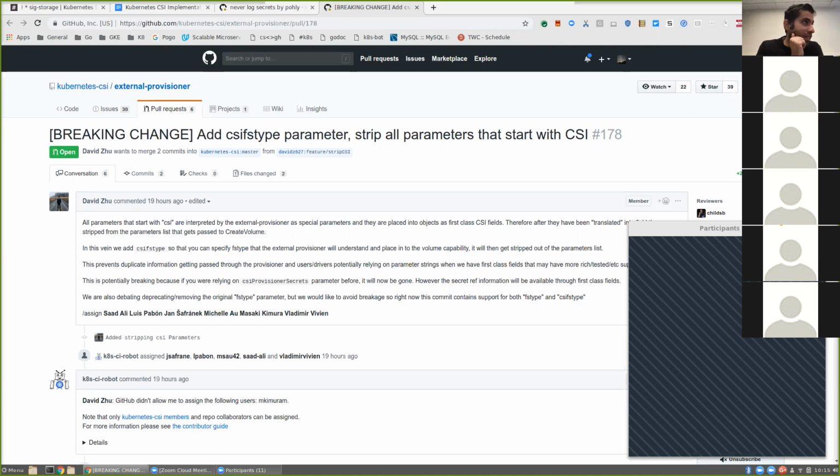We could, but the problem is we already do the CSI prefix, and we need to figure out what the transition story would be if we did that. Well, you could do it for this one to get started, and then you can transition the other ones. We already have like 3 or 4 parameters that are CSI prefixed. So we would need to figure out what to do with those if we were to introduce yet another special prefix.